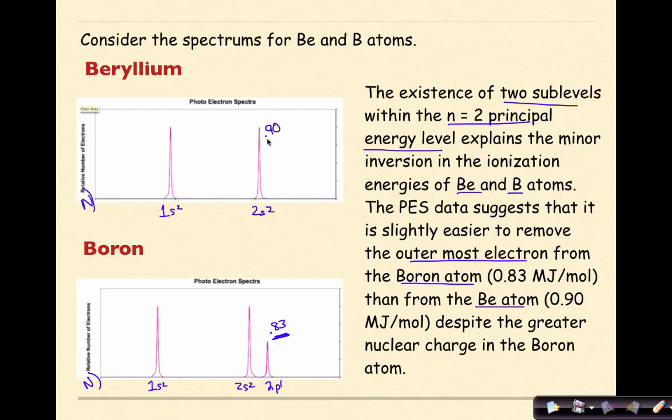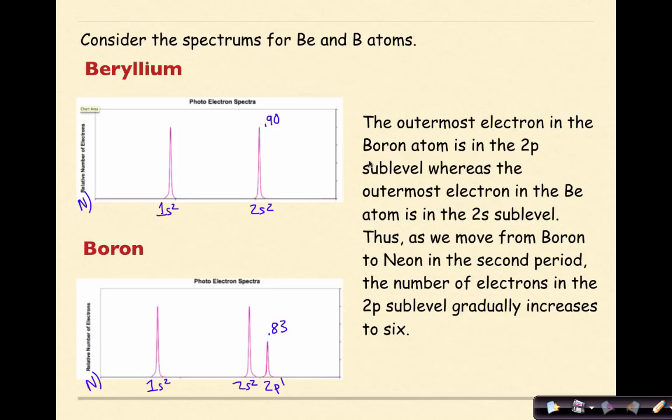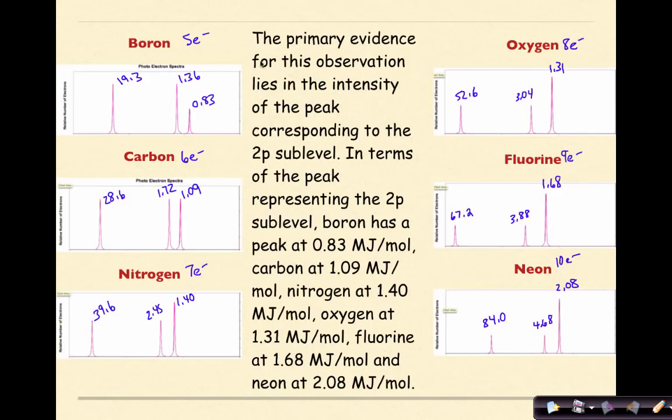Trying to remove one of these electrons requires more energy than the one in boron. The outermost electron in the boron atom is in the 2p sublevel, whereas the outermost electron in the beryllium atom is in the 2s sublevel. Thus, as we move from boron to neon in the second period, the number of electrons in the 2p sublevel gradually increases to 6. The primary evidence for this observation lies in the intensity of the peak corresponding to the